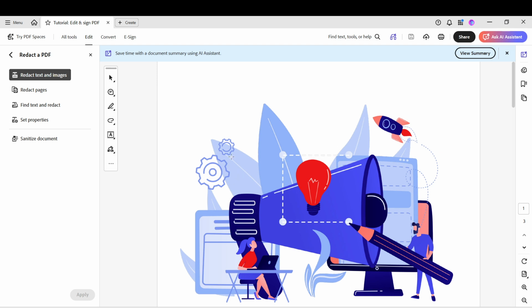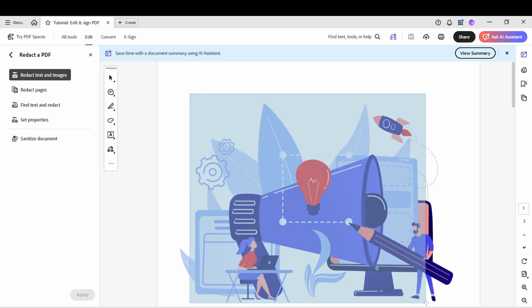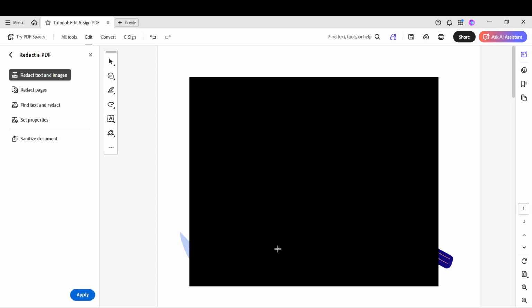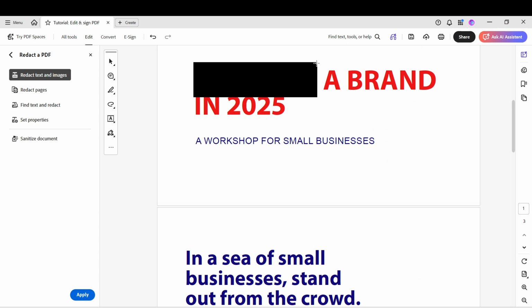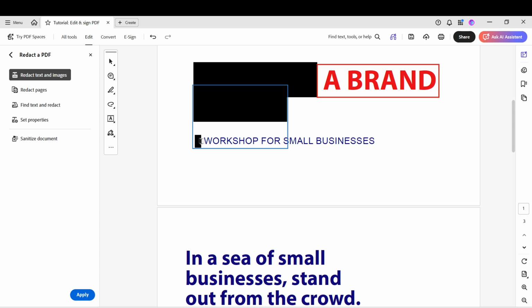Now, select the text you want to redact. Click and drag your cursor over the exact text, and a red border will outline the selected area to show what will be deleted. Take your time here. Zoom in if needed so you can capture only the correct words, numbers, or phrases. If the border doesn't look right, adjust your selection before you move on. You can repeat this selection for each instance you intend to remove so everything sensitive is clearly marked.